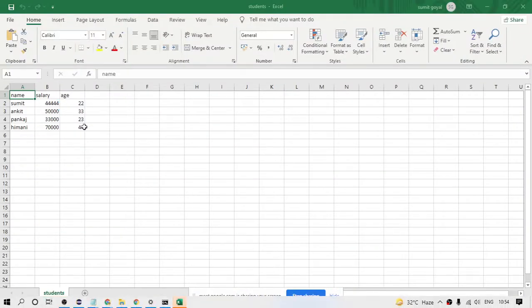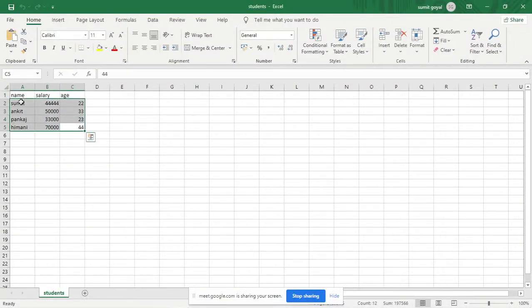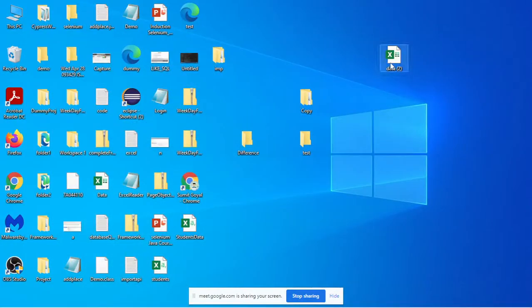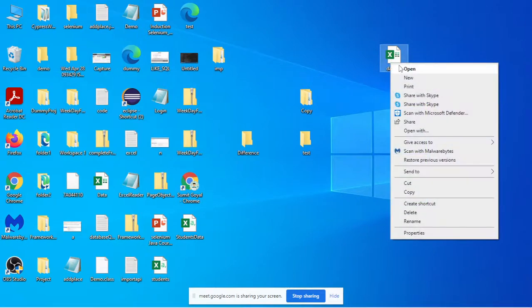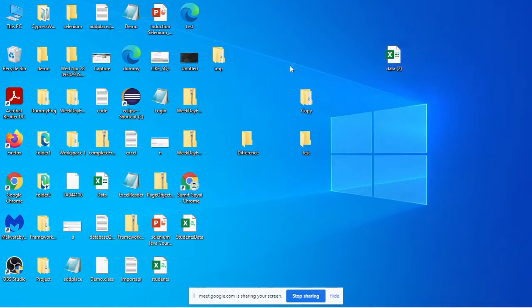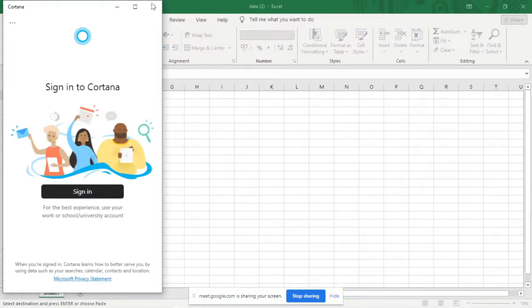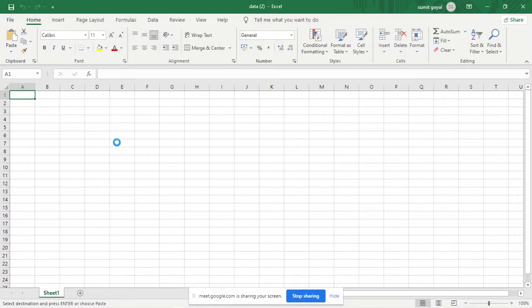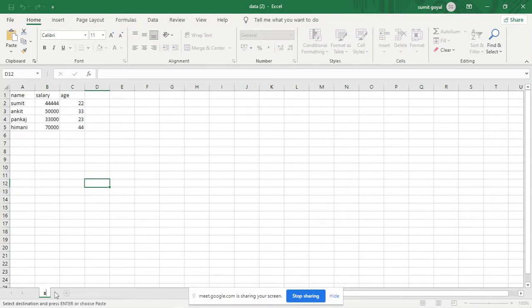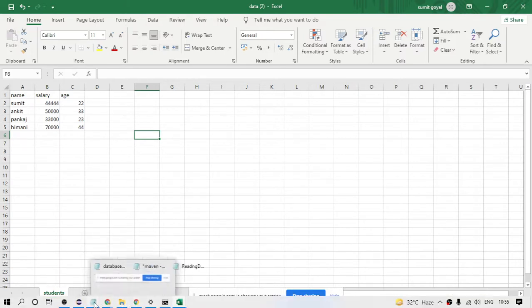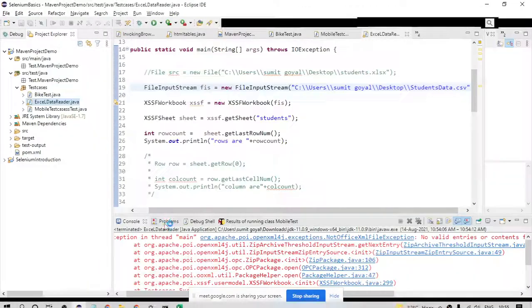So I will first copy this data and I will open it. I'll paste the data here and I will give the name as students, otherwise it will give an error. Now I will save the file. So data2 is our new file which has the .xlsx extension.